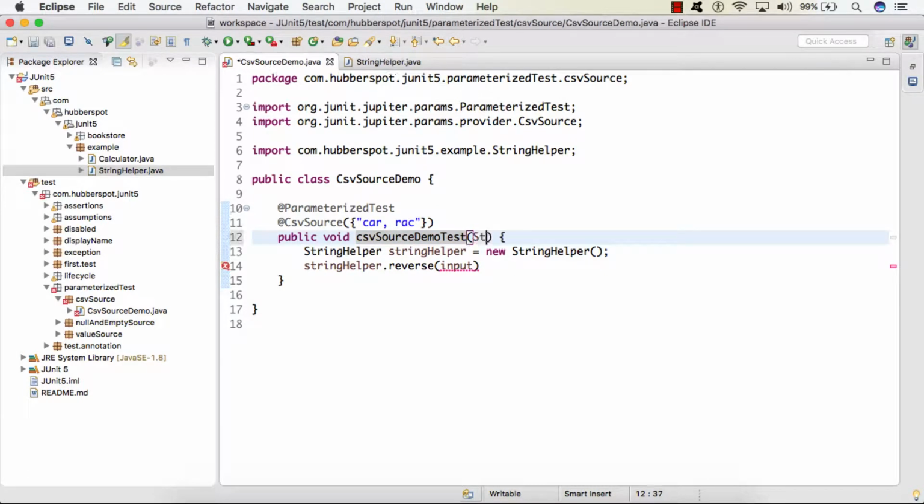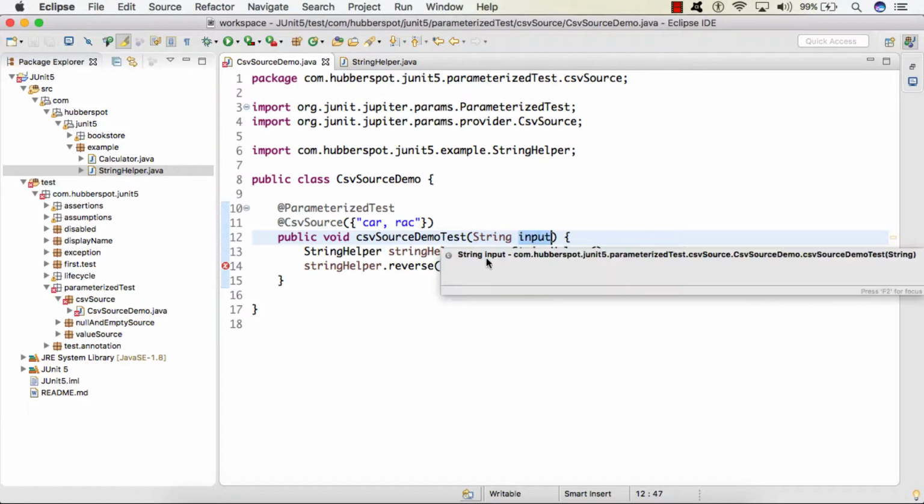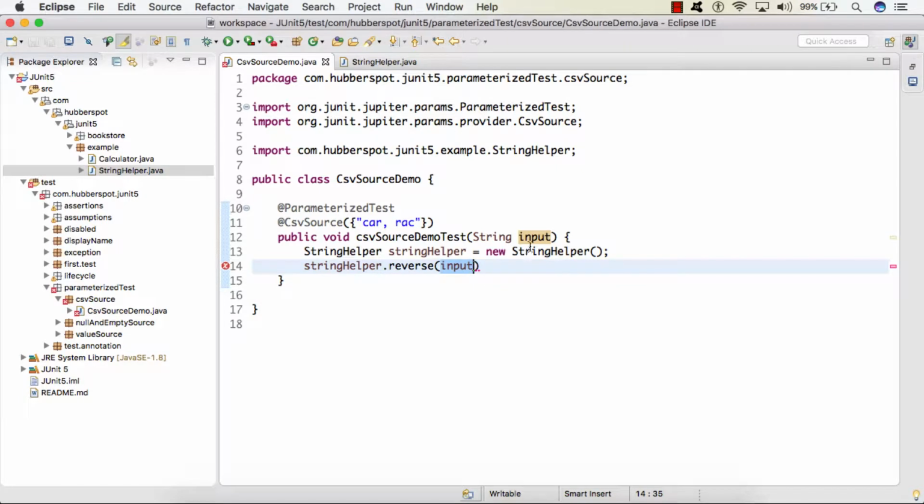Let's say the first value would be the input, which will simply be passed to our reverse method, and the second value is what we expect from the reverse method. I'll simply give the name as expect. So here you can see that we are providing an input and our expectation of what this method should return when we pass the input as a string.